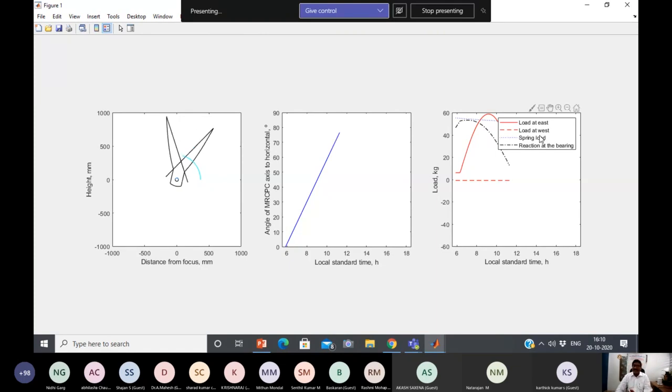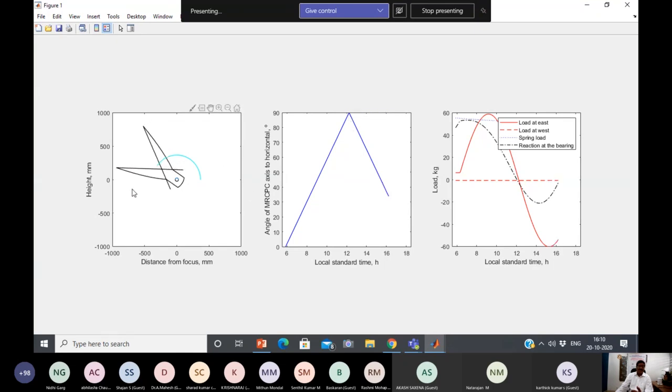Corresponding mechanical results, like the engineering mechanics, the spring readings and the stiffness, the load in the spring and the load in the east side header, load in the west side header, reactions in the bearing, everything, the results of the engineering mechanics has been plotted in the last drawing. After solar noon, the collector is moving towards the west side, that is from 90 degrees towards 0. You can see the position of the collector. This animation is showing the instantaneous position. At that instantaneous position, what is the angle of the collector and corresponding